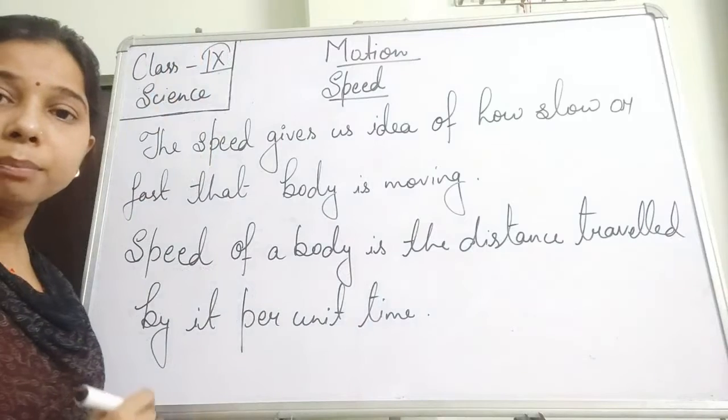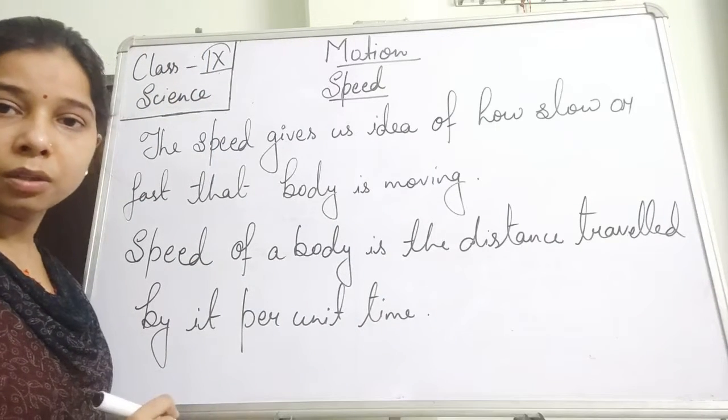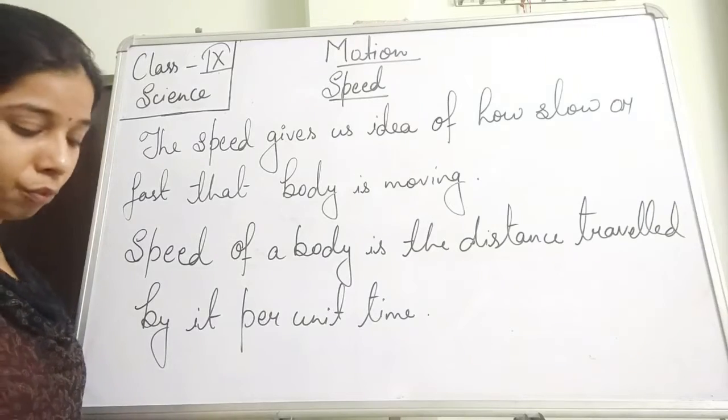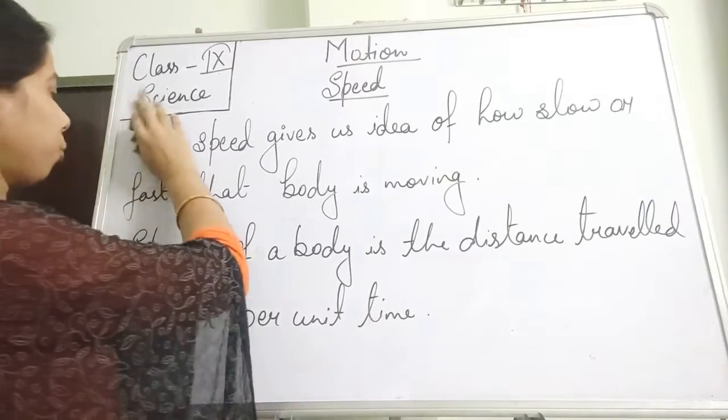Distance traveled by it per unit time is actually the speed. So speed is equal to distance per unit time. We can represent it with the help of a formula, and the formula is